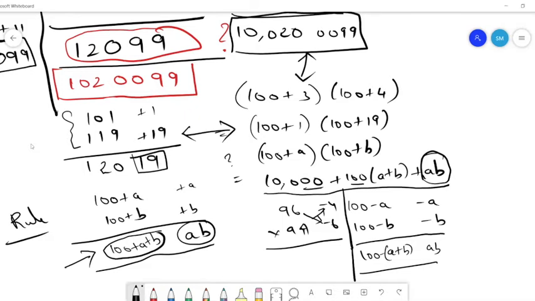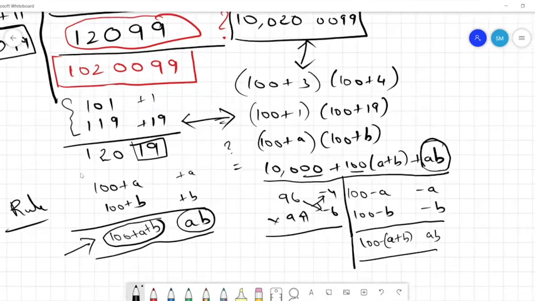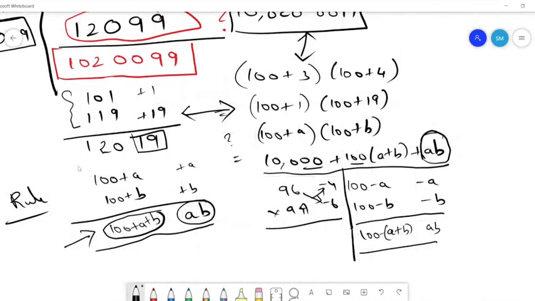Of course. And that is the reason there is a difference between that normal algebraic expression and the one which we are using. This is connected with the place value system only. It is only because we have a place value system that we are able to come up with this kind of a rule. Otherwise, it would have been hectic if you had to deal with a Roman numerals kind of setup, right?